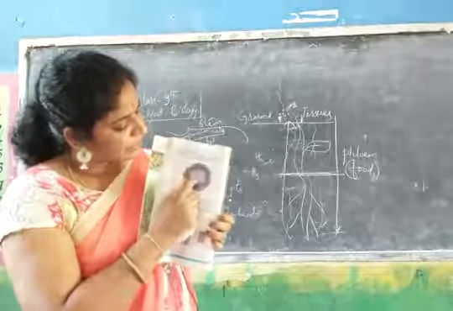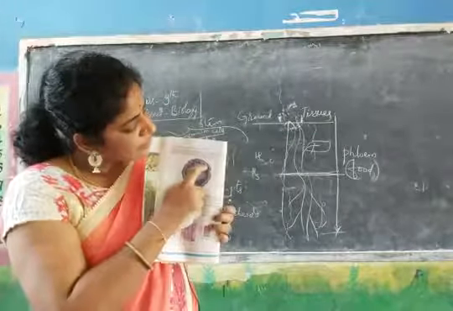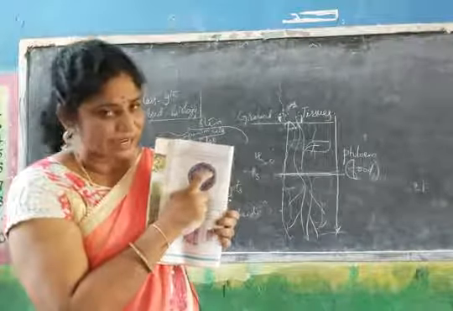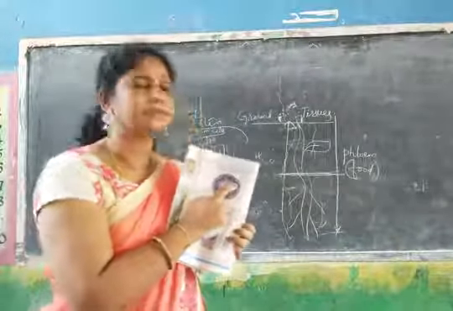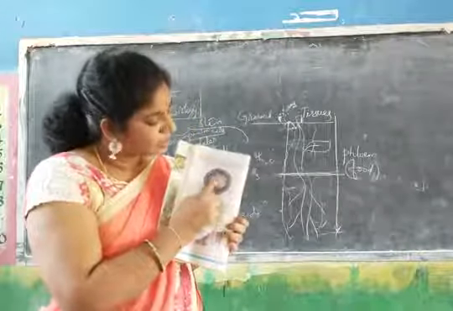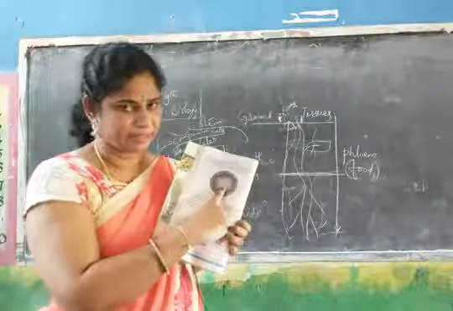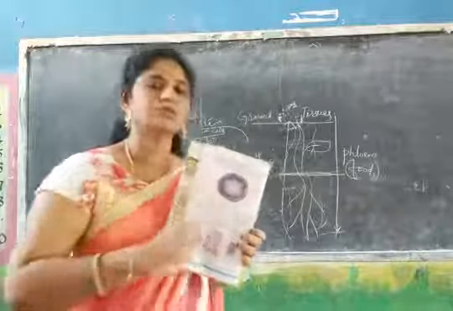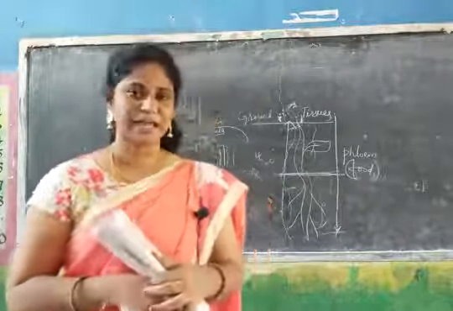This one in the middle we call the pith, and from here to here we call the cortex. Below the cortex we have one layer called xylem and phloem, right? In the middle of the xylem and phloem we have the pith. These are all the pith cells. All these cells are useful for the storage of food materials and water only.